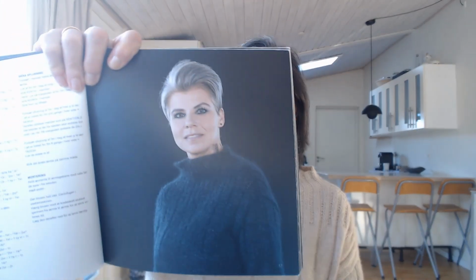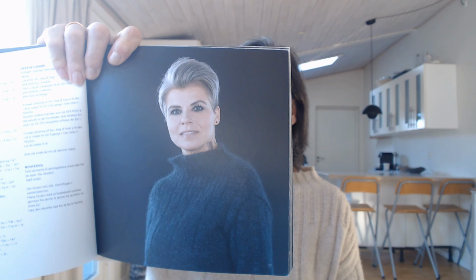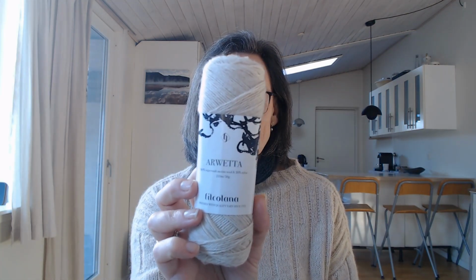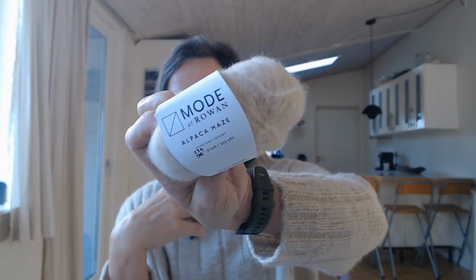This jumper is called Dybet, the deep, in the deep, deep down-ish. It is a design by Annette Danielsen, here in a beautiful blue black version, and it is from this book called Mulm og Mørke, which I also talked about last time. For this project, I have combined Filcolana Avetta Classic with this Mode by Rowan,